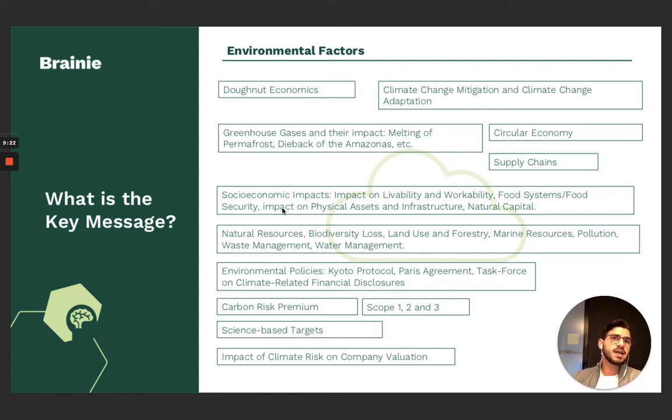G20 finance ministers and central bank governors set out to provide a set of recommendations and the framework for companies and financial institutions to provide better information to support investors, lenders, insurers, to quantify climate-related risks and opportunities. The chapter then further tries to explain how to analyze climate risk. This introduces the metric of carbon risk premium. There are several levels by which climate risks can be analyzed: company, sector, country, and market level. And then the question is, how can carbon risks be measured?